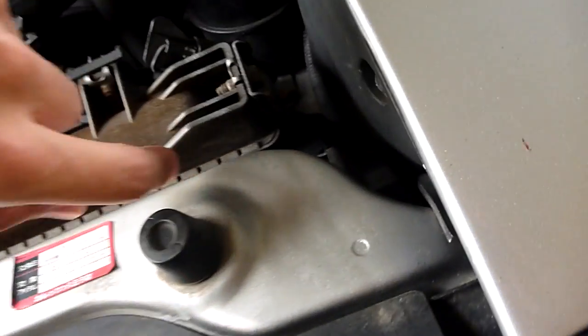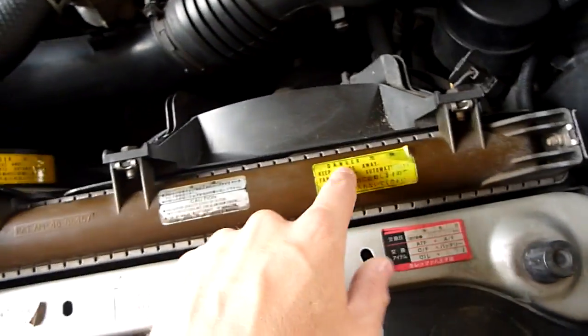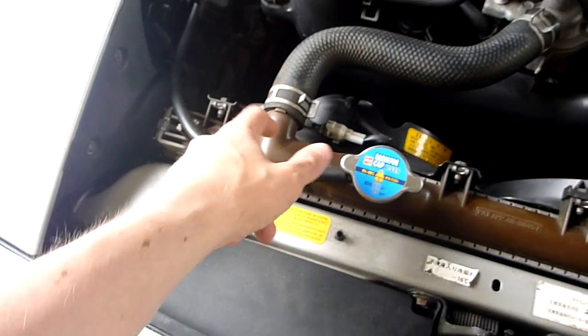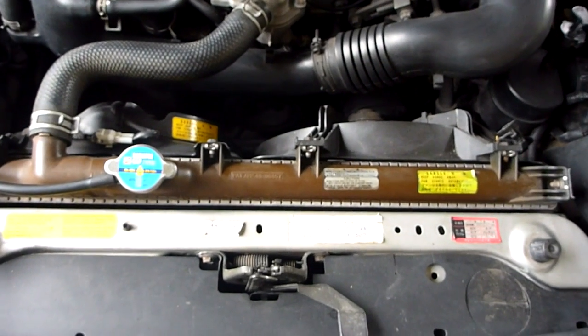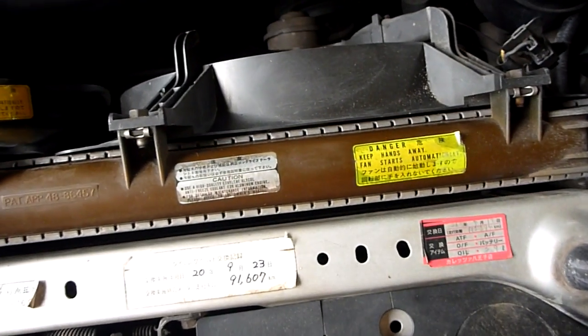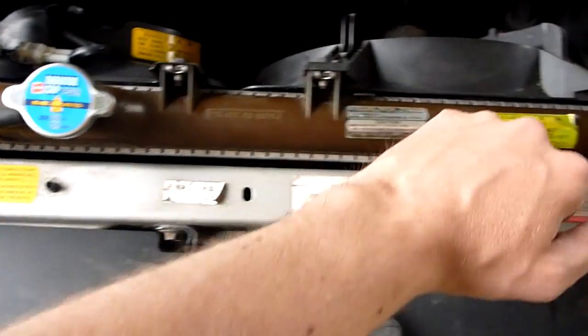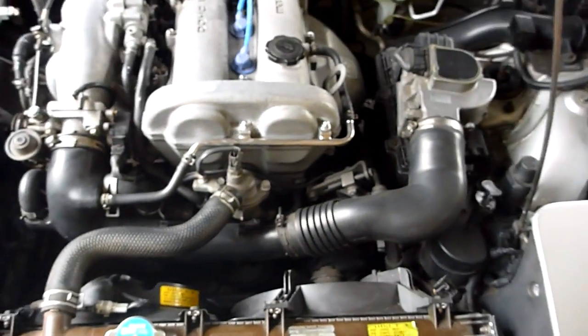If you look on the side here, you can actually see it used to be black, and what's happened is as it's got older, the plastics turn brown because of the heat, and that normally indicates that they are starting to get a bit brittle. And what happens commonly is that they start to leak along the seam here where that joins with the aluminium. So it's basically just a bit of preventative maintenance,